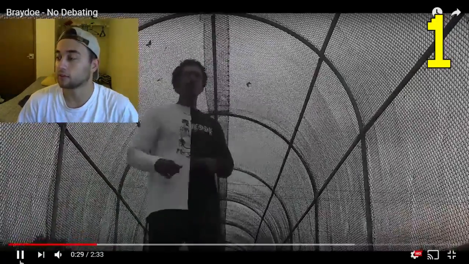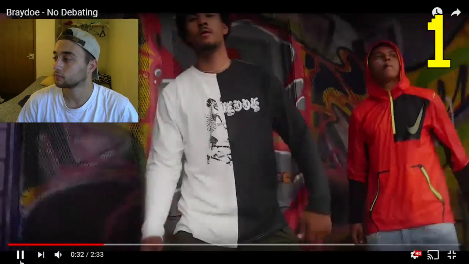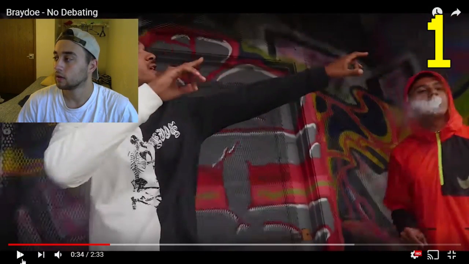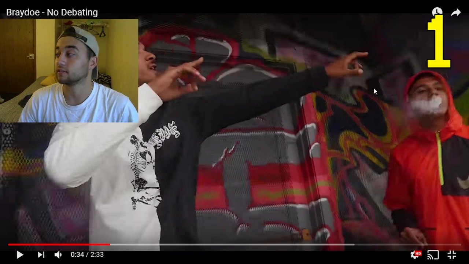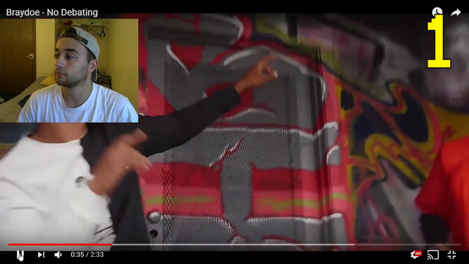I'm liking those line effects we got going on. Also, I like his decision of what set he used with all the graffiti in the background. It looks pretty cool.